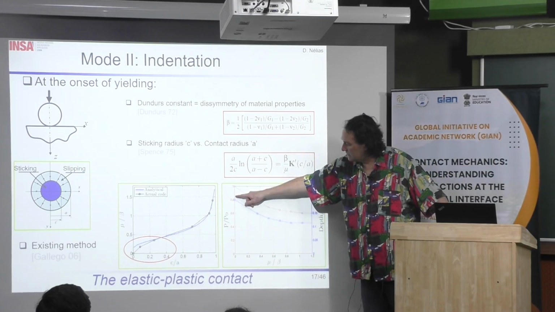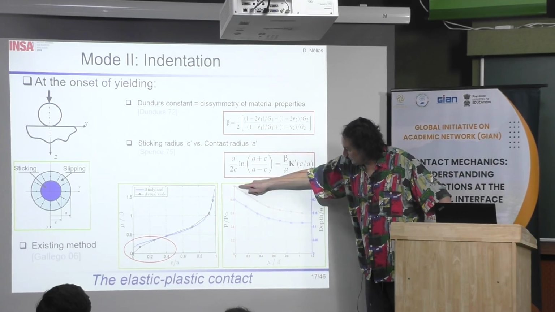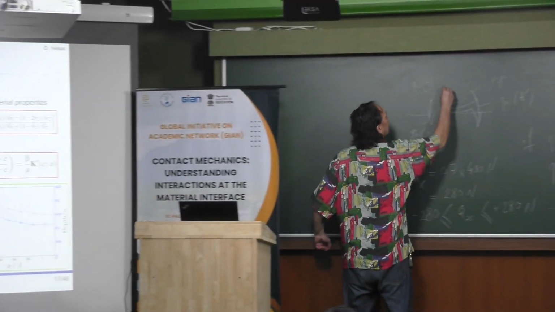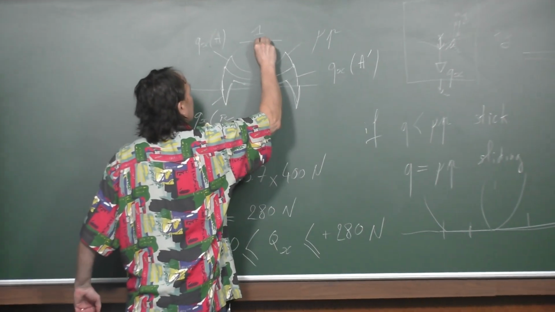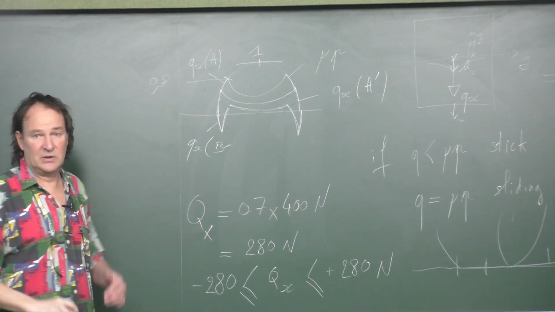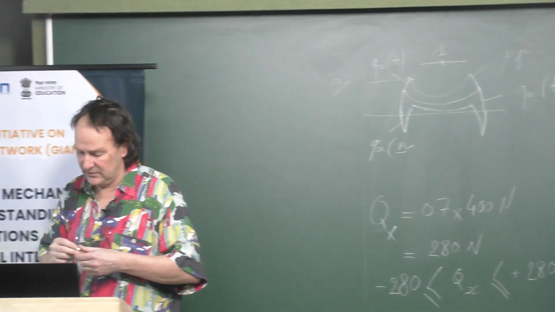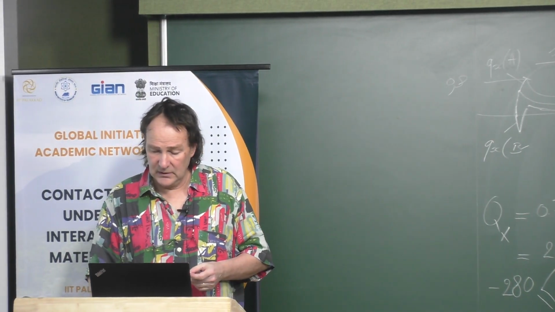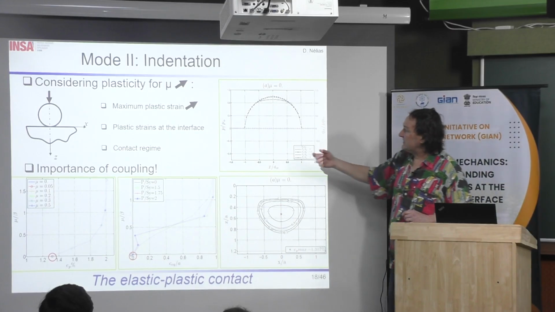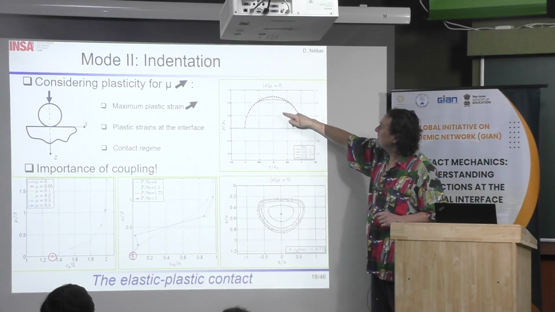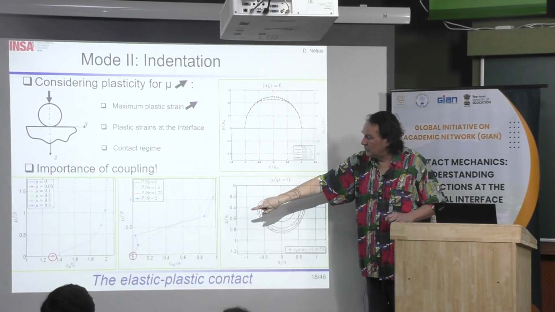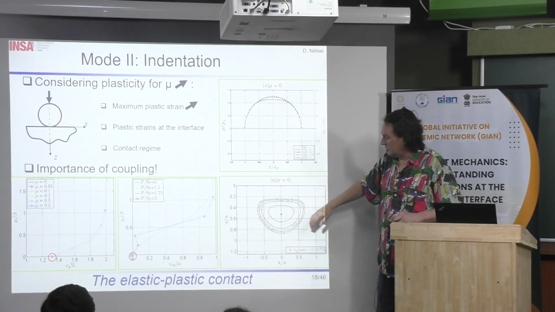The maximum pressure is lower than 1 because if it is 1 here, of course this one is lower than 1, for example 0.8. This is normal. The maximum is always lower than 1. With that we can perform the same type of simulation. When you consider plasticity, this is the elastic solution, and this is the elastic-plastic solution. We can perform the same type of simulation considering plasticity.